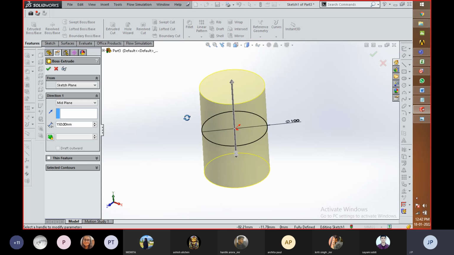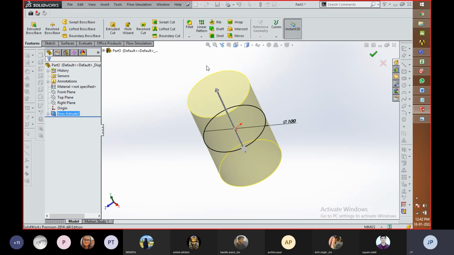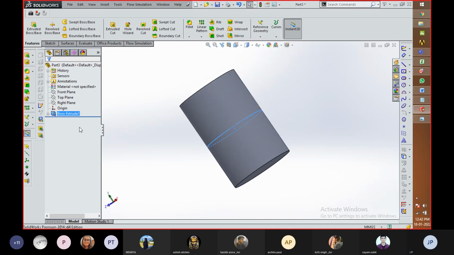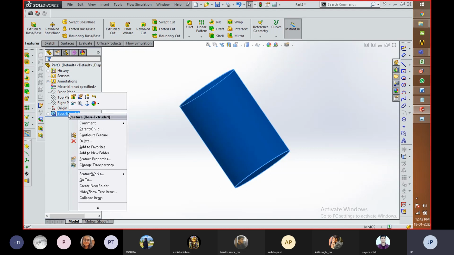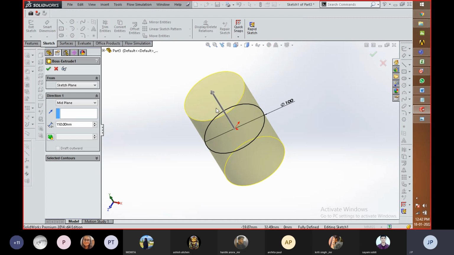So if we exit the tool, then a 3D part of such a cylinder type is created. Okay, now if we want to edit the material adding feature or Extrude Boss, you have to right click over there and then click on Edit Feature. With the help of that, if you need to make any changes to the thickness or height value, that can be done by re-editing that part. So this can be done very easily.